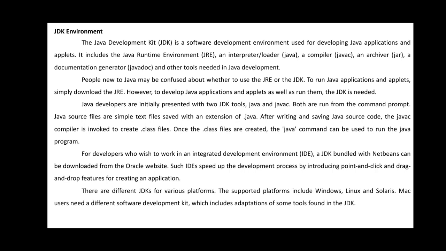So Java source files are simply text files saved with an extension of .java. How are you going to save a C program? You will be saving the C program with the file name .c. Like that here also, when you are going to write any programs of your own, or take any systematic approach, when you complete your programs, you will be saving all those names with .java itself. After writing and saving the Java source code, the Javac compiler is invoked to create a